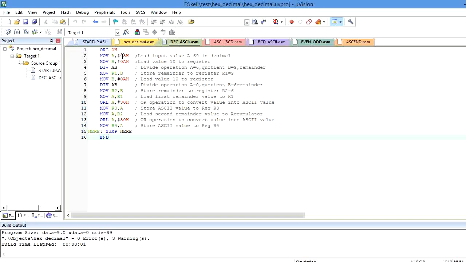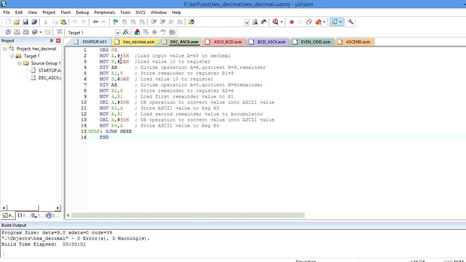So in order to convert from hexa to decimal value, I need to perform the divide operation by using 10 here. Now let us explain the program.